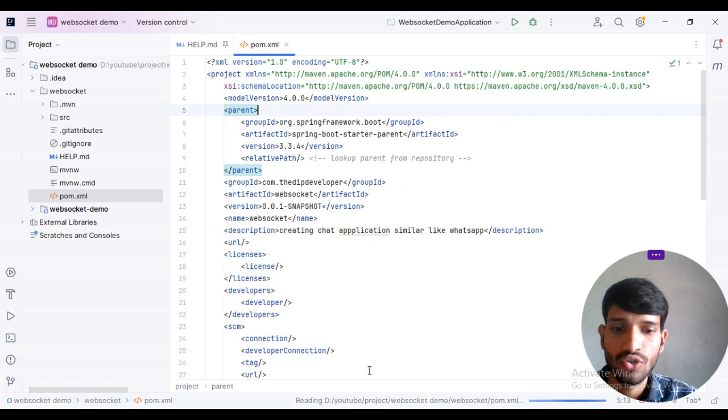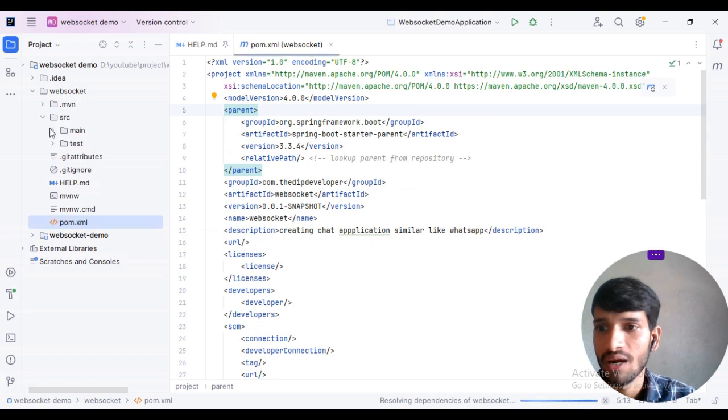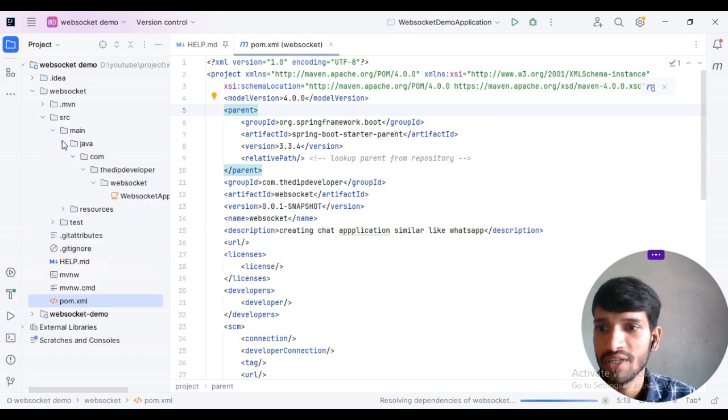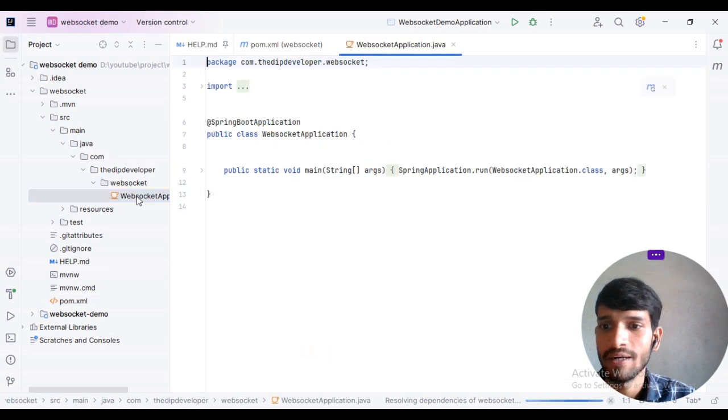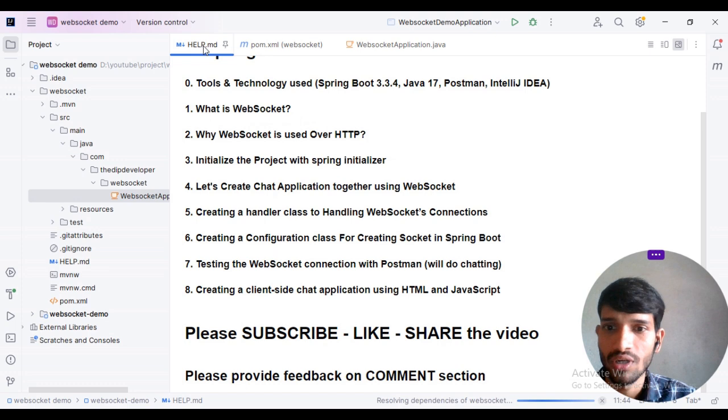So it will load. If you see that down below, it is reading and resolving the dependency of WebSocket. So all these dependencies will be resolved. Now what is our task after resolving this dependency? What is our main task is that, as I showed you,